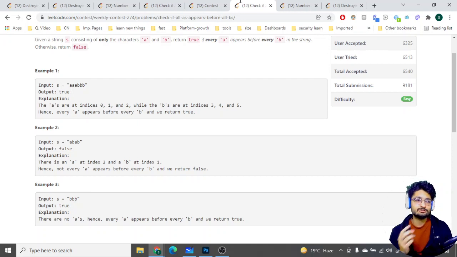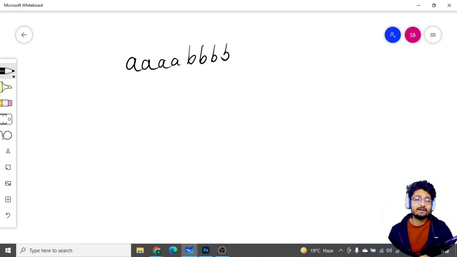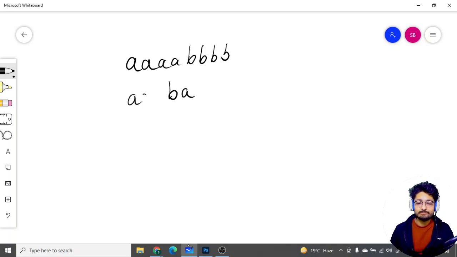Now there can be multiple ways you can check that out. You can first check that there should be all A's and then there's a point of break-even and then all the B's, or you can just count all of that stuff. But if you just write it down, you will understand it more clearly. If it is like this, all A's and then all B's, then it is fine. But check at what point it is bad. If it is bad, it can happen that at any point it is like this, BA, something like AA also comes, but if there's a BA there and then maybe again all B's,